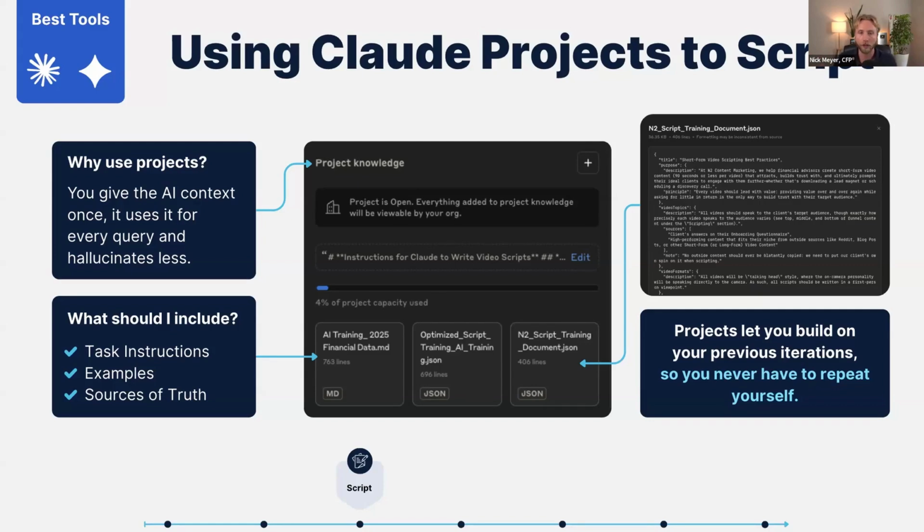So if we jump into the middle picture here, this is a picture of our current scripting project inside of Claude. You can see we have our instruction set up there, which just for your information is about 25 to 30 times longer than the one we just showed you for ideation for level one. And I'm not saying that to scare you.